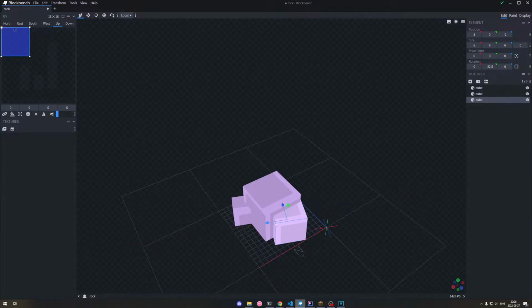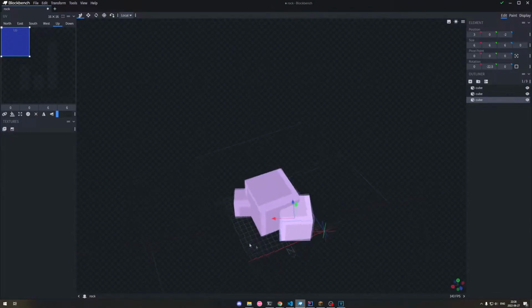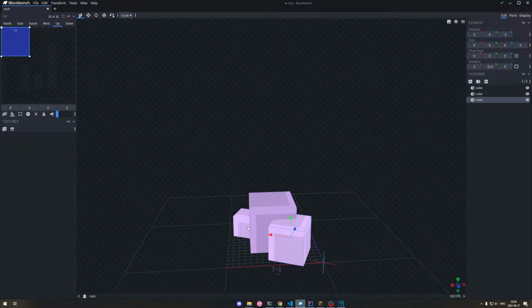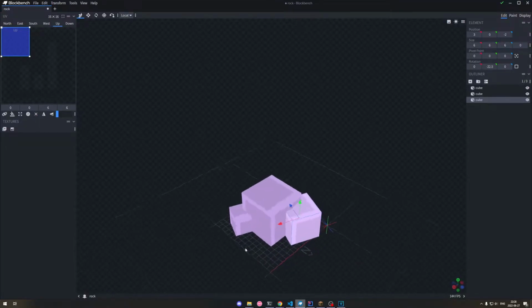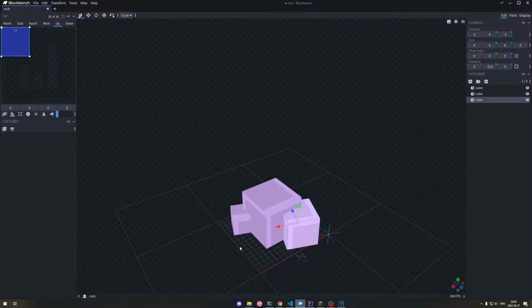And now we have 2 cubes here that are on this rock, but they're very uncolored. They're not textured. So what we want to do is get a texture, and what I like to do here is get the Minecraft texture for this, because it keeps the style of Minecraft even though you're creating models for it. Which makes it quite nice. If you're a skilled pixel artist, of course you can create your own, but I'm not, so I'm just going